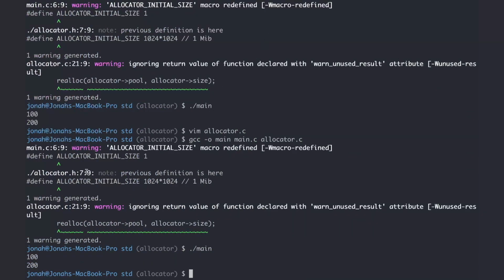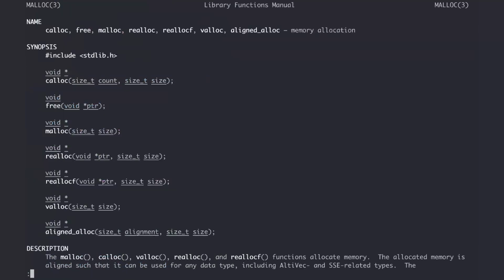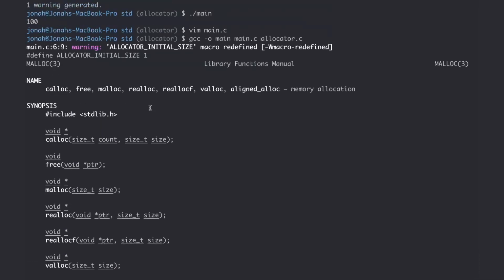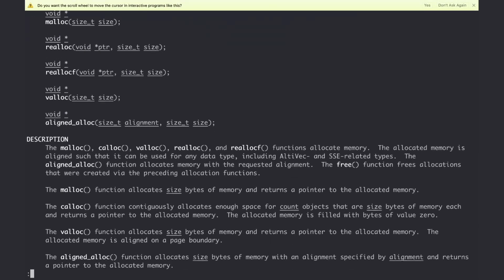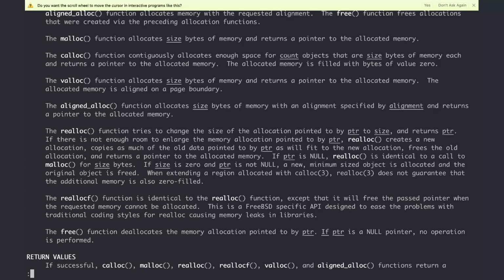Okay, so let's see here. Macro redefined, so it says in this, but actually we do not have this problem. So ignoring return value. So what now we can actually do is look at how these things actually work. It shows you source allocation is a new allocation, copies over and frees the older. If pointer is null, realloc is identical to a call for size bytes. What is this? If size is 0 and pointer is not null,